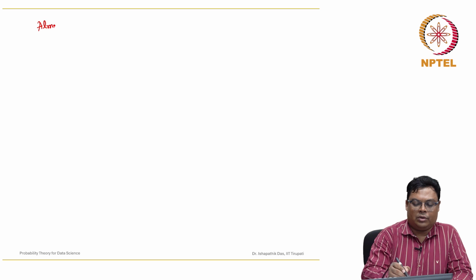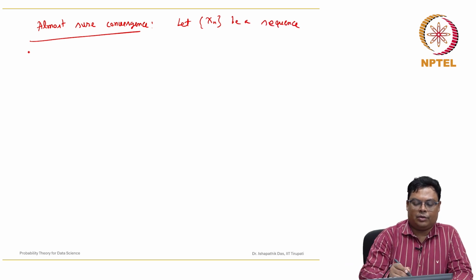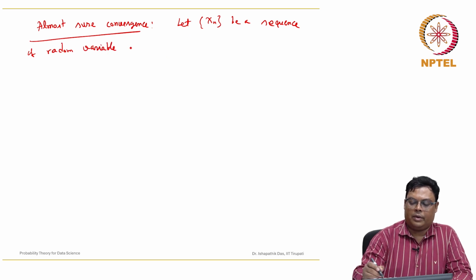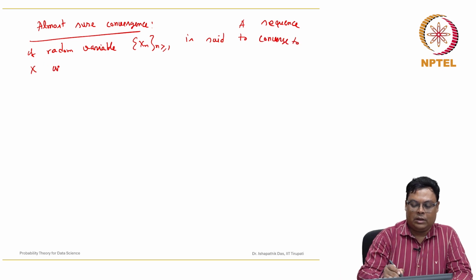Almost sure convergence: let xn be a sequence of random variables. A sequence of random variables xn is said to converge to x almost surely